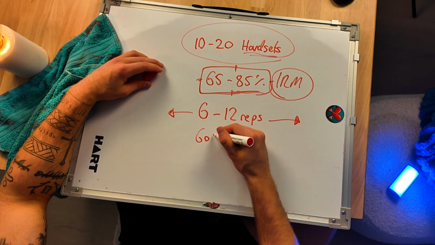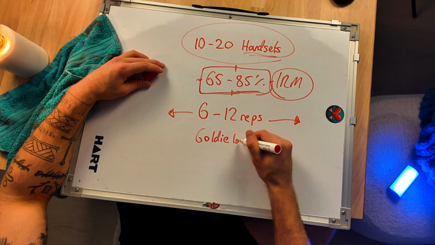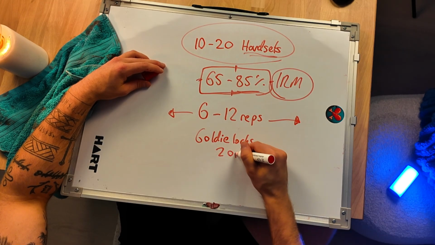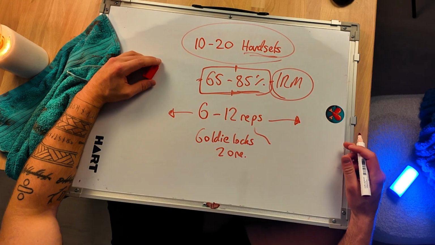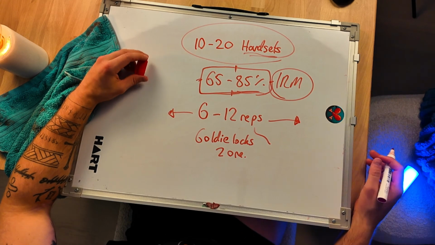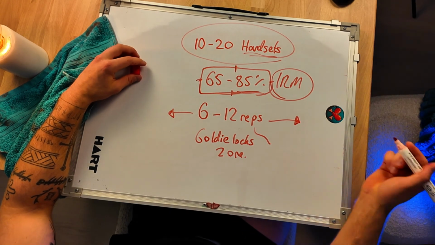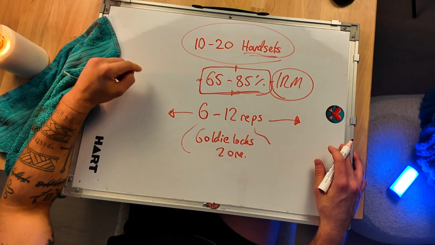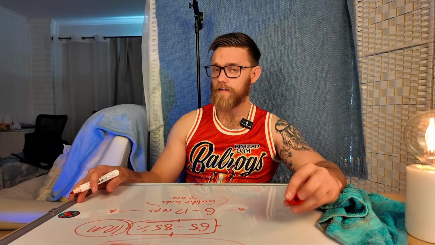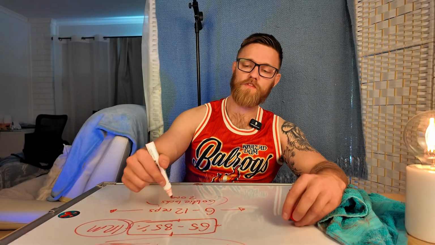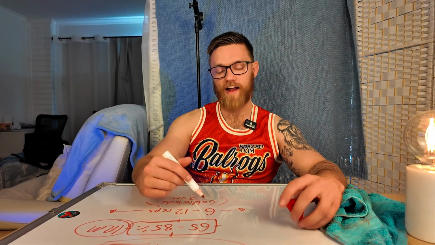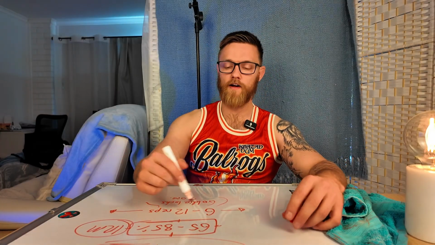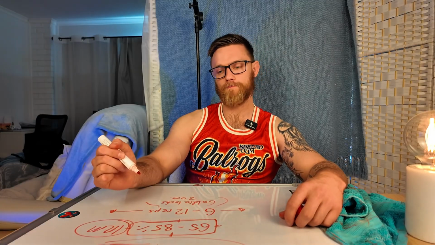This is their Goldilocks zone. Meaning that if they get more than 12 reps, it's an indicator that perhaps the load you've given them is too easy. And if they get less than 6 reps, it's an indicator that the load you've given them is probably too hard. That's okay. But we want them to fail or be unable to continue, which is failure, between 6 and 12 reps.